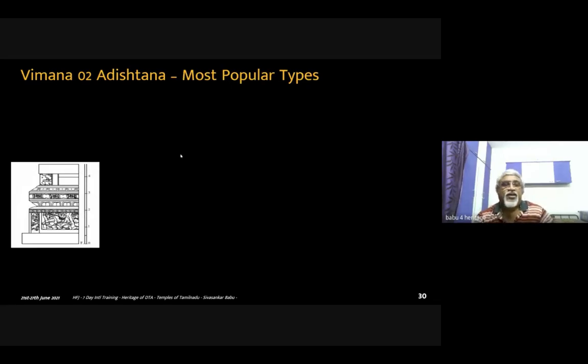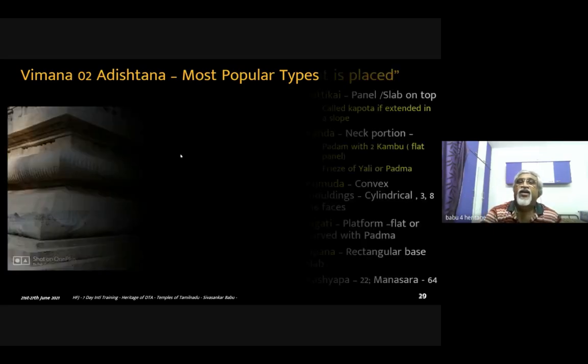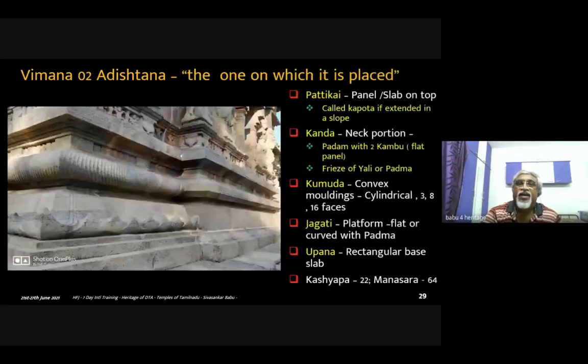So when we talk about Adhisthana, this is a place where a lot of ornamentation takes place. Normally, when we go to a temple, we keep our head high or level and see the eye level features and then have darshan and come back. Normally, nobody looks below and enjoys the structural beauties that are available at the Adhisthana level. The other thing is you need to look up and see the beautiful structures or variations in the Vimana.